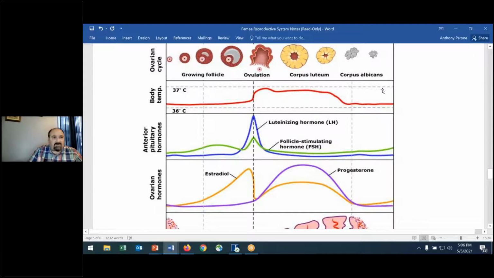So if you really want to have children and want to make sure you're patterning your relations in order to have a baby, they'll use these ovulation prediction kits. They'll take their temperature in order to figure out when ovulation is occurring. Okay. You'll see here, as far as the hormones are concerned, FSH in green and LH in blue, and you'll see again a spike for both, but a dramatic spike for luteinizing hormone, and this is what triggers ovulation.